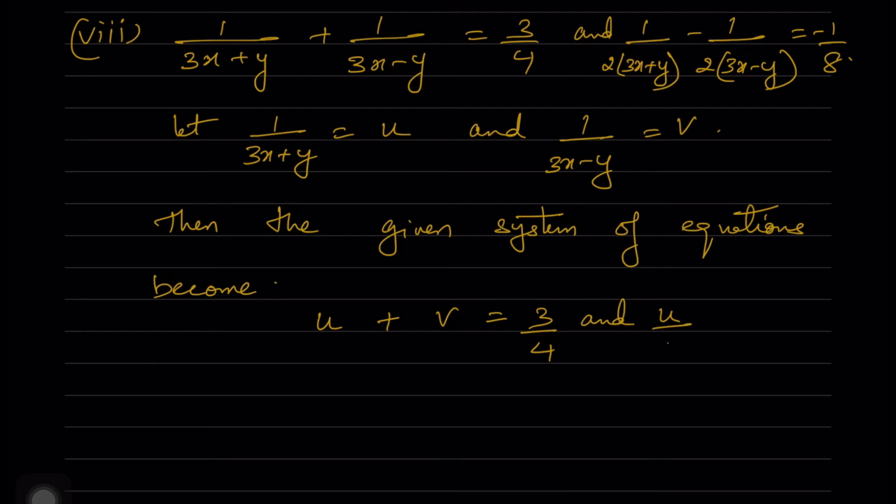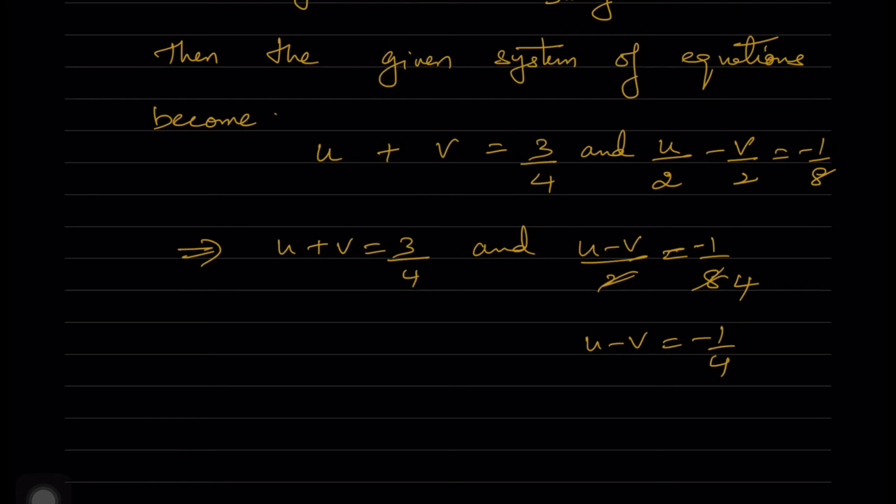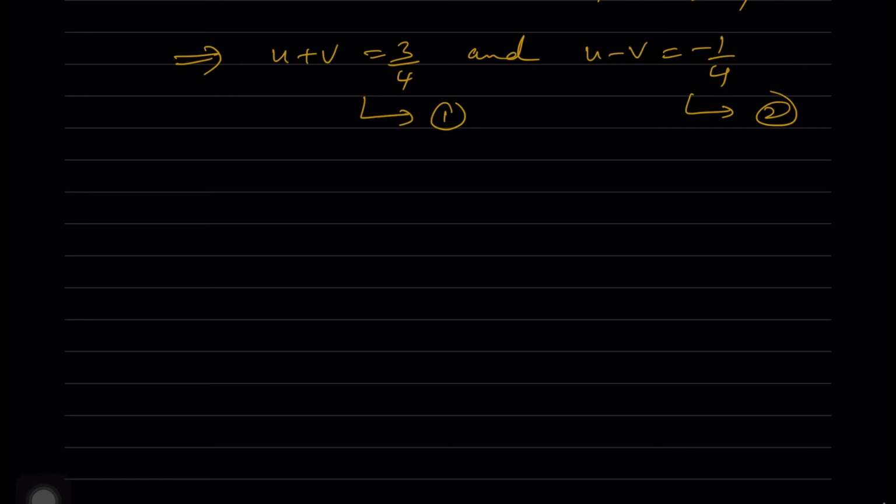u plus v is equal to 3 by 4 and u by 2 minus v by 2 is equal to minus 1 by 8. So when you are taking the LCM for the second one, it becomes u minus v is equal to 1 by 4. So now we are going to add both the equations, equation 1 and equation 2. We get